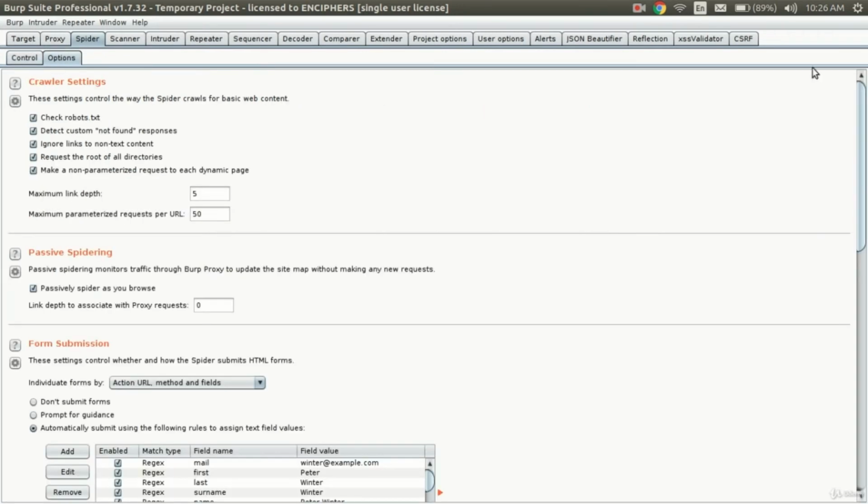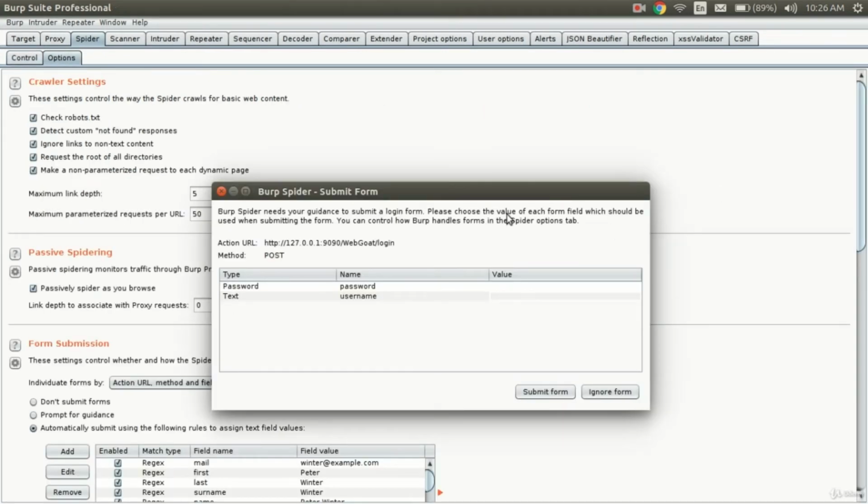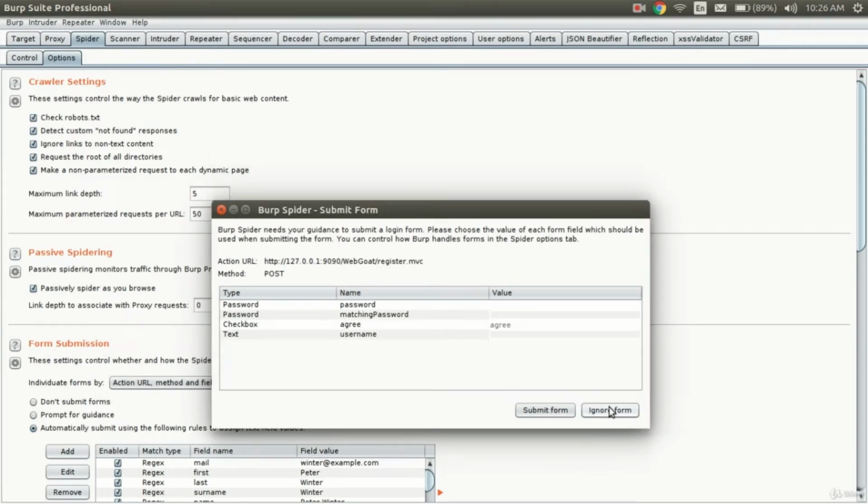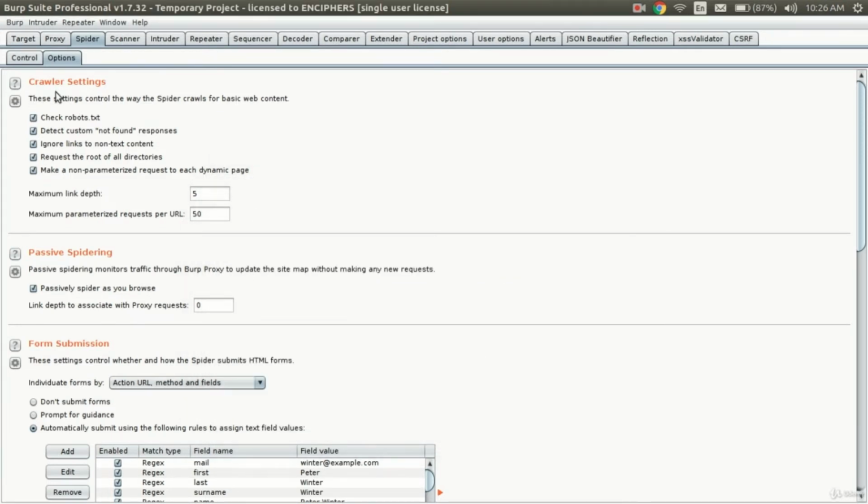And here are the different options actually. So this is the spider options. In the crawler settings, you can set the link depth, how deep the crawling should go. Crawling means it will click every other link in the website and go deeper and deeper.